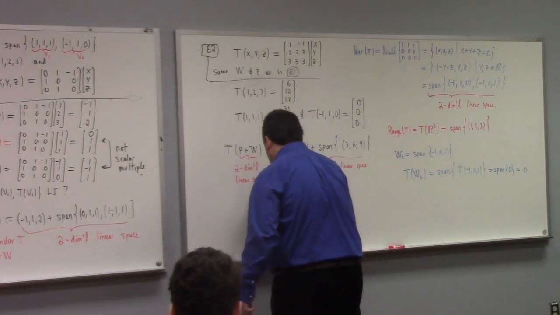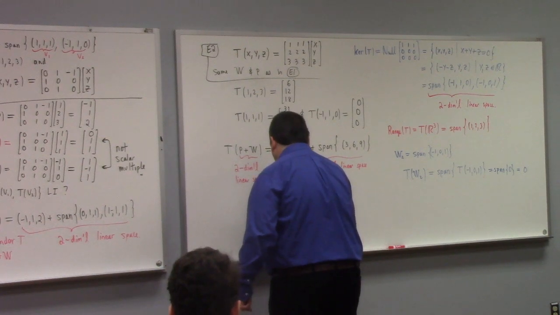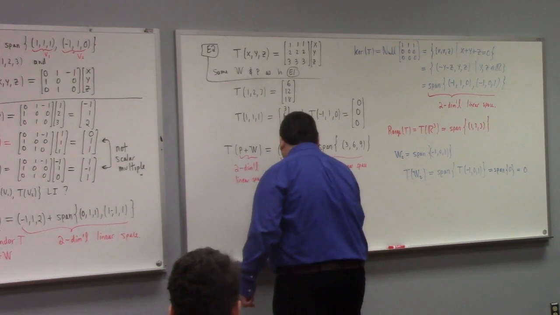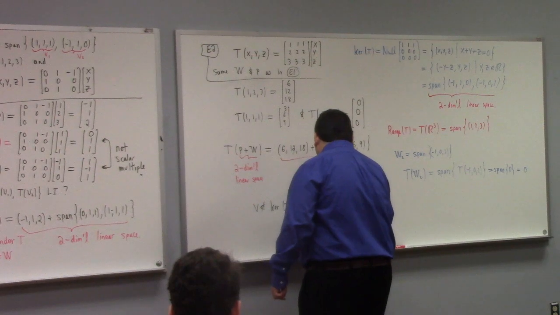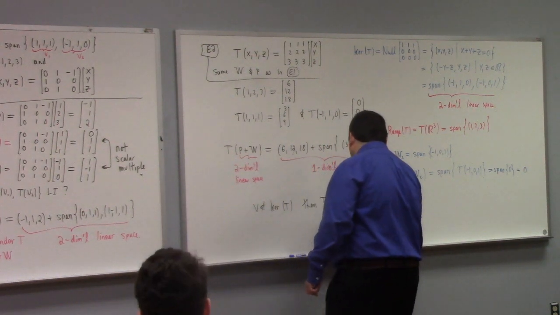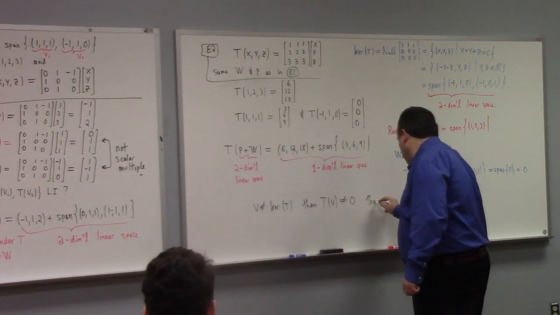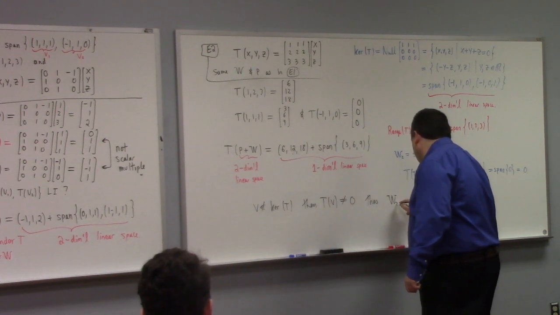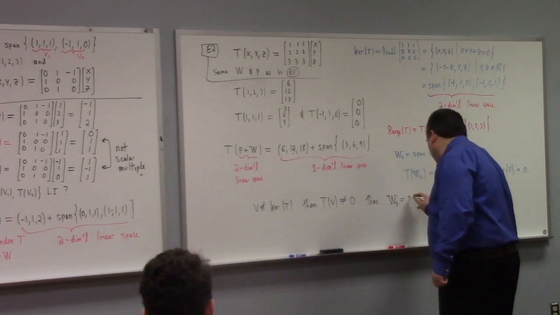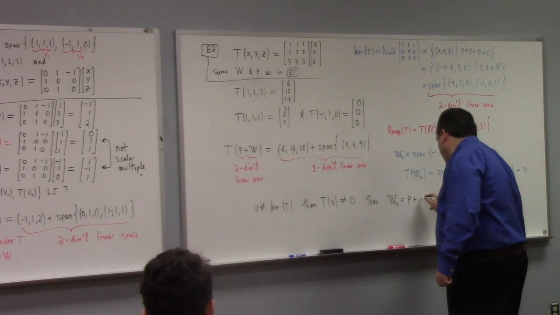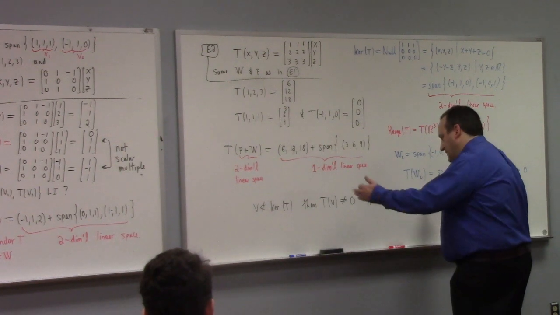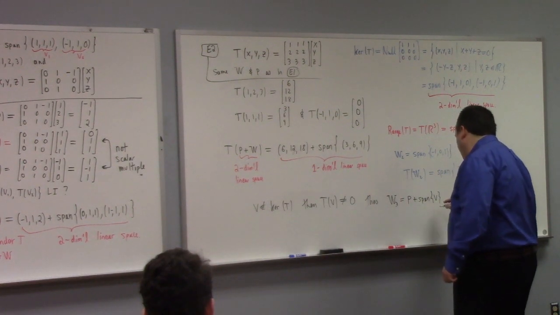If you have v, which is not an element of the kernel of T here, then that means T of v is not equal to 0, right? Thus, if we make W3 equal to, say, any point you like, plus the span of such a v, right? Then